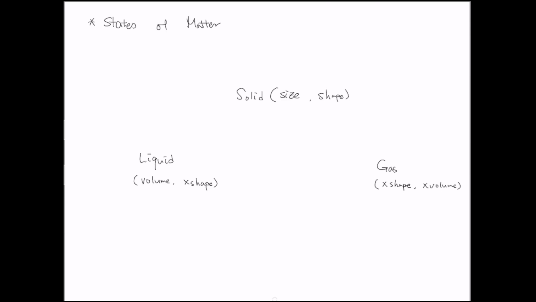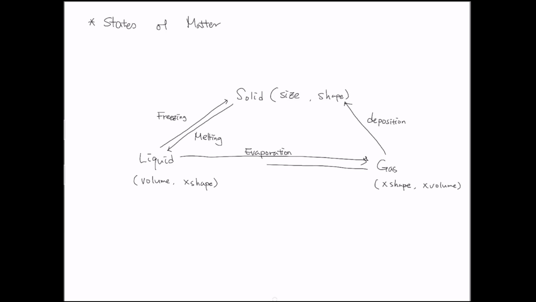These states of matter can be changed as well if you change the temperature or pressure. When we change solid to liquid, the process is called melting, like from ice to water. If we change liquid to gas, we call that evaporation. Gas to solid is deposition. We can also change liquid to solid, like water to ice, and that is called freezing. Gas to liquid is called condensation. And solid to gas is called sublimation.